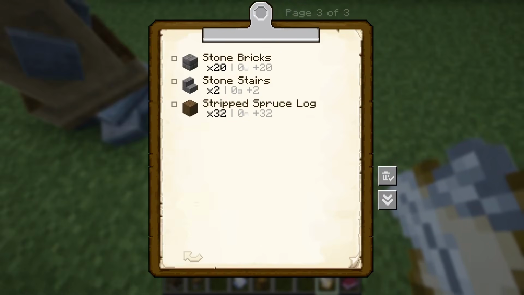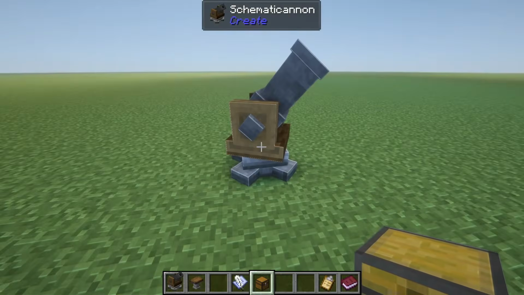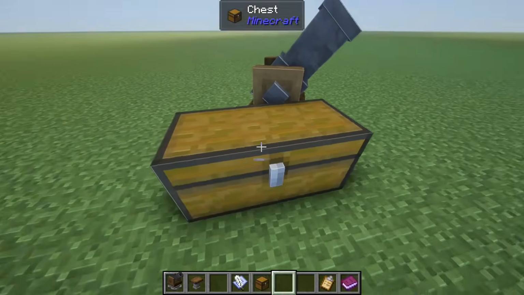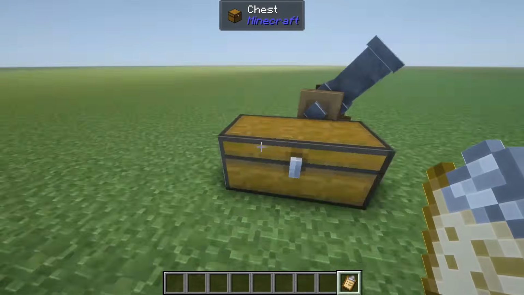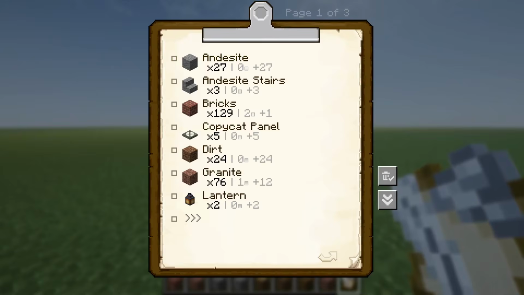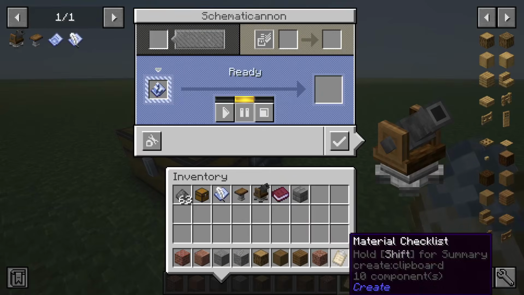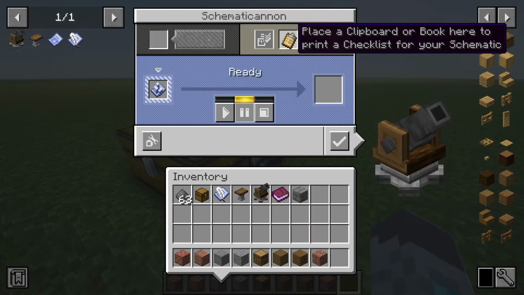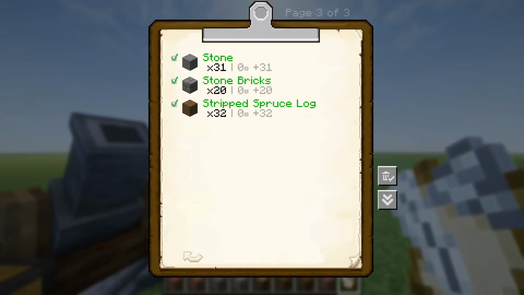And now that we have our checklist, we can go ahead and place down something to hold items directly next to our Schematicannon. And then we need to put all of these items into this chest. And as you go along, you can either manually check off the items that you have, or you can go back into the Schematicannon and put your material checklist into this box again, and it will automatically check off any